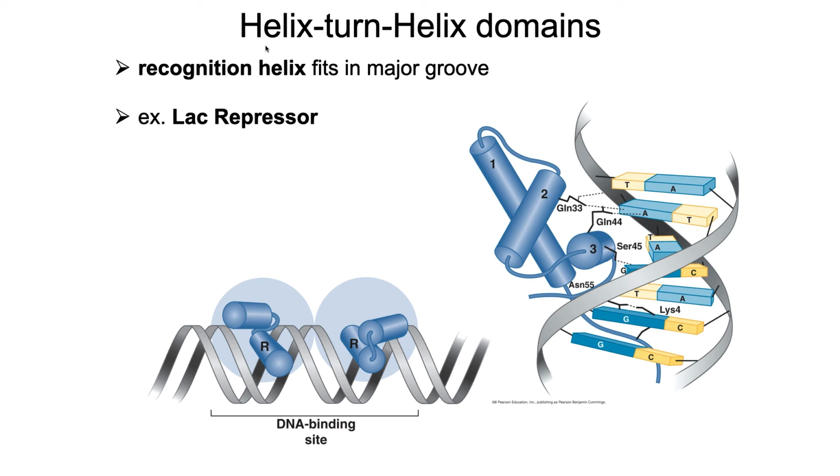So if we look at something called a helix-turn-helix domain, we can see that one of the helices is what's called a recognition helix. So this alpha helix 3 here has amino acids that can hydrogen bond very specifically with elements in the major groove, and that's the way it reads the sequence of DNA without separating the two strands. Okay, we talked about the major groove like the first lecture of this course. Here we have that information that we discussed on display.